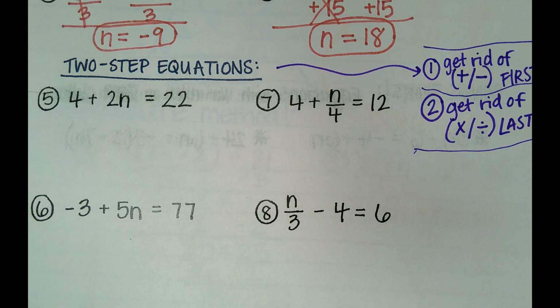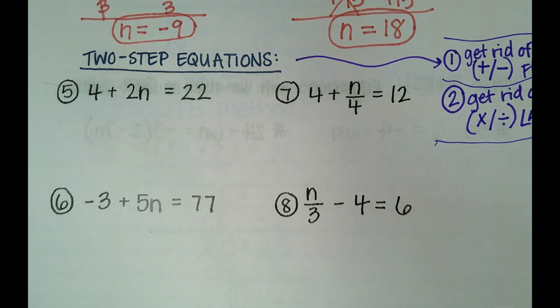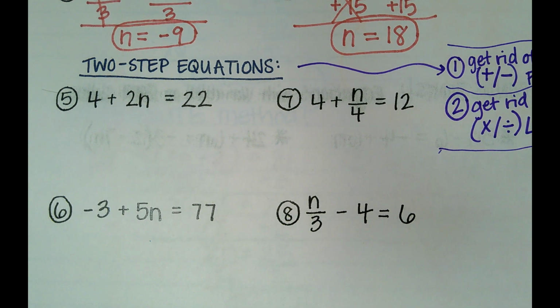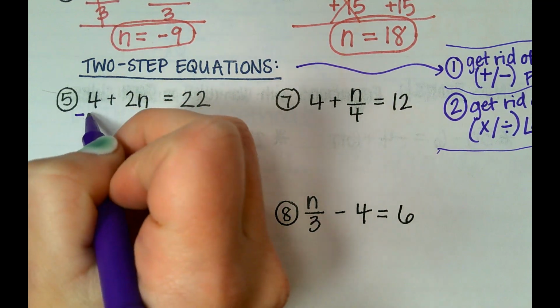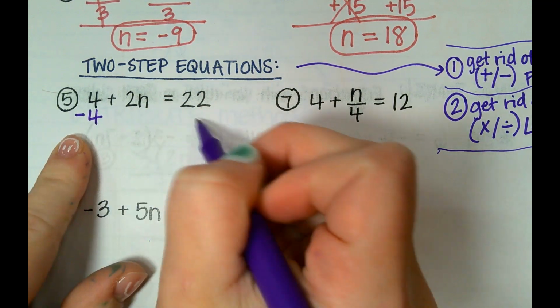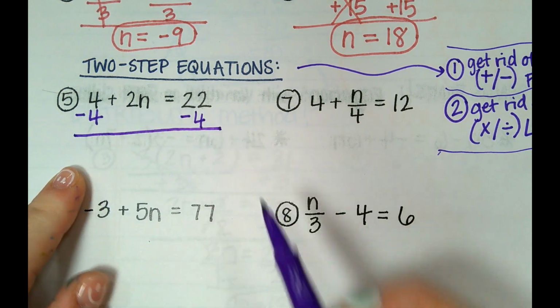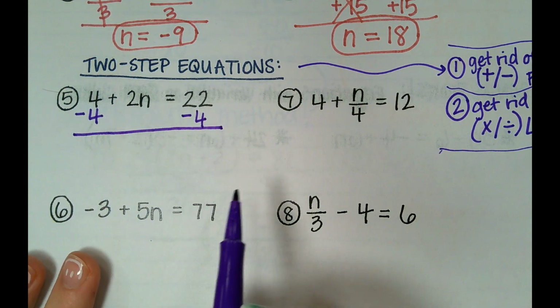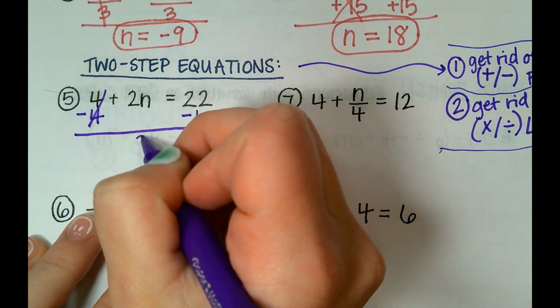So let's look at number 5. I have 4 plus 2n equals 22. What should I do first? Minus 4. Good. On both sides. We want to get rid of that positive 4. So we're subtracting it. What happens next? Cancel the 4s. Drop down this 2n